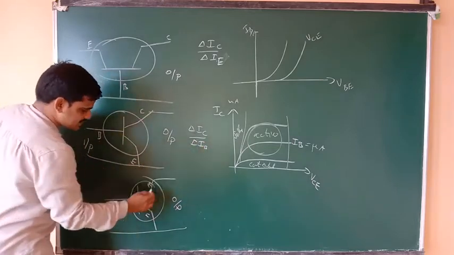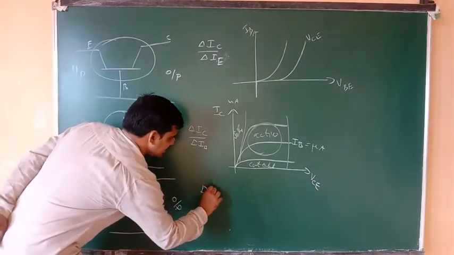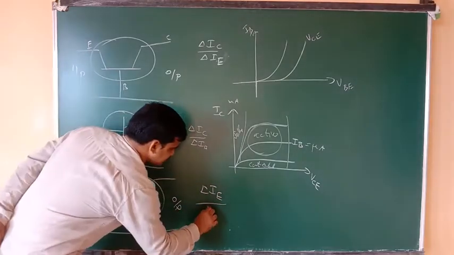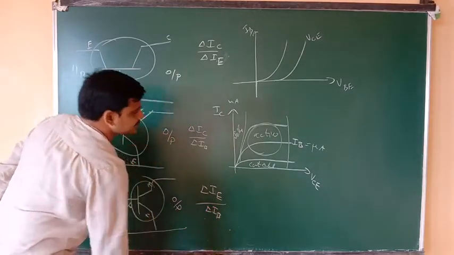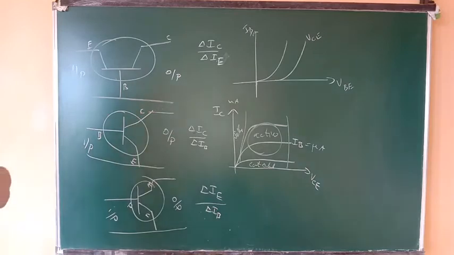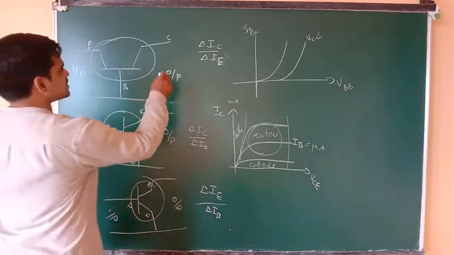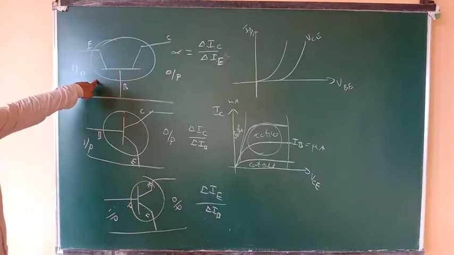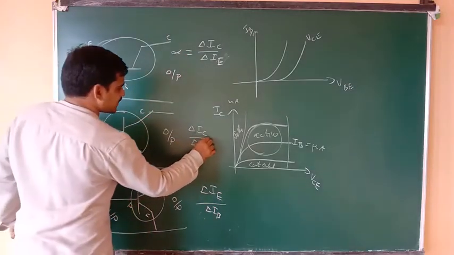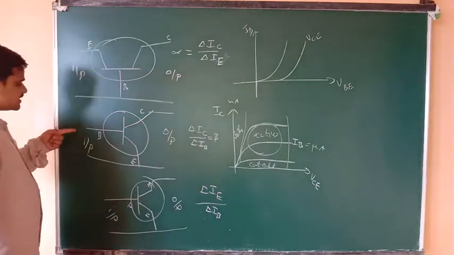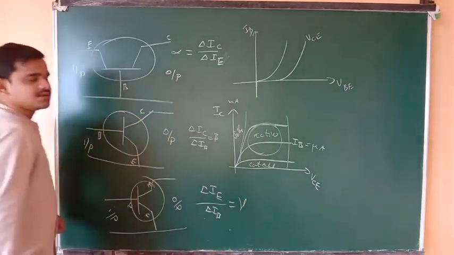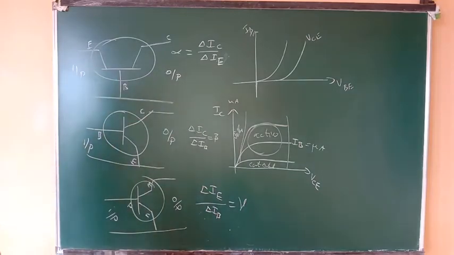Okay? Whereas the output current here is IE, the emitter, we are taking the collected current here, whereas the input is given for the base. So this is IE. Correct? So current has been amplified. This is called the current gain in common base configuration. And this beta is defined as the current gain in the common emitter configuration. Gamma is the current gain in the common collector configuration here.